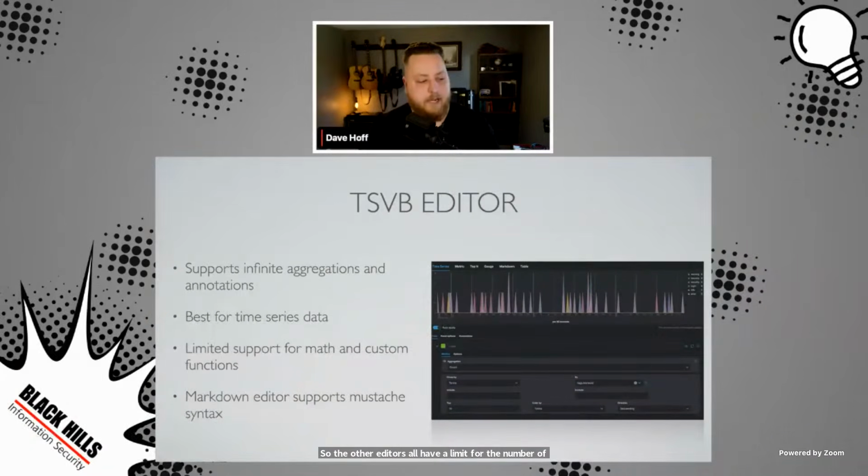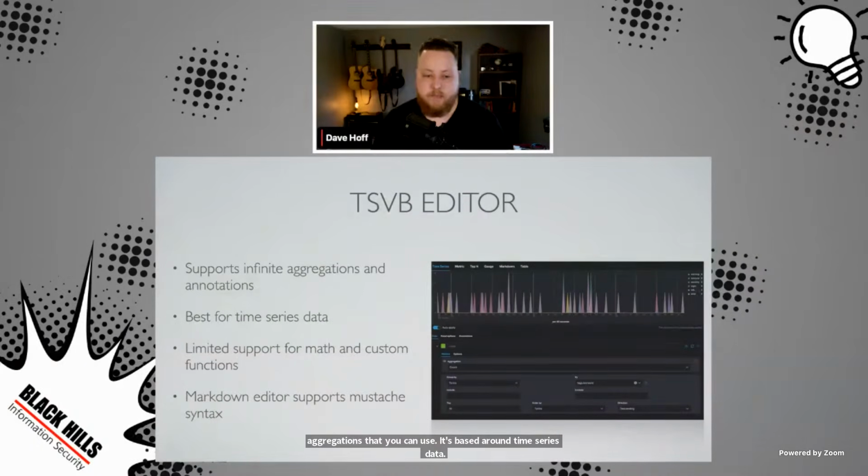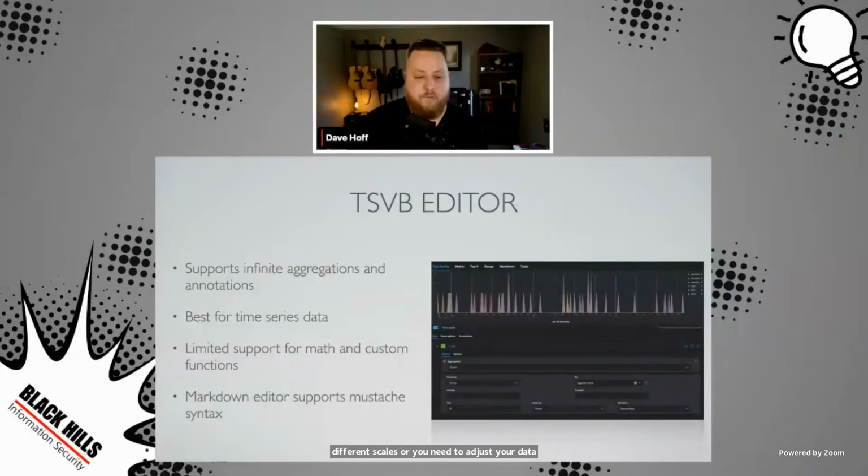It's based around time series data. And you do get some ability to do math with these, which can be really helpful if you need to compare data on different scales or you need to adjust your data before you actually visualize it. And lastly, this is one of those edge cases. The Markdown editor supports mustache templating, which is really cool. So